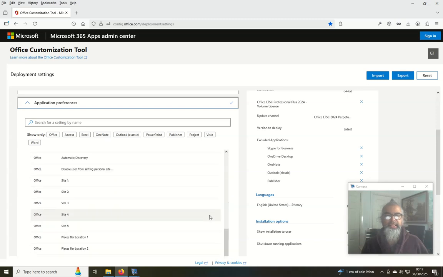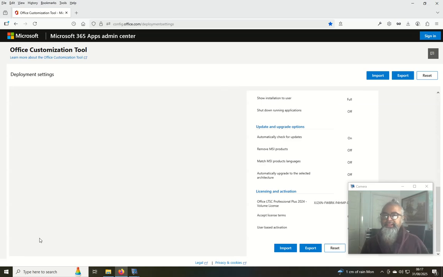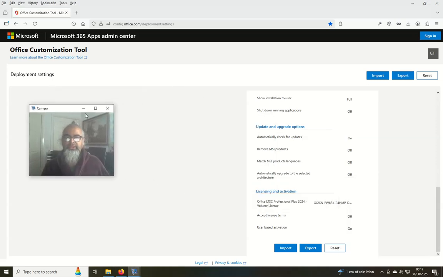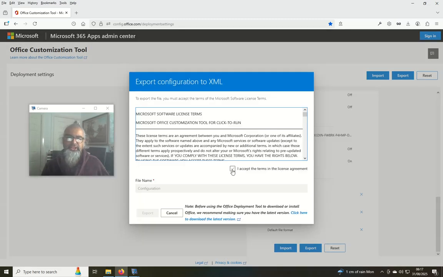Okay, and what I'm gonna do from here, we're gonna click the finish button, and then if you see something like this, it's done. So what we need to do from here is export it. So click export, and we want to export it as an XML file, as I mentioned before. So just click Office Open XML format, and click OK, and it will ask you to check for the license